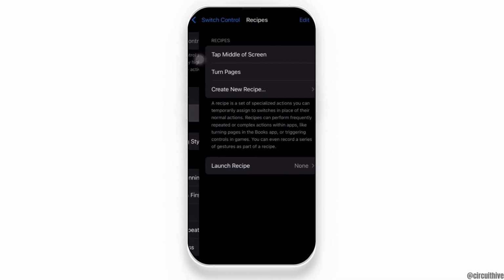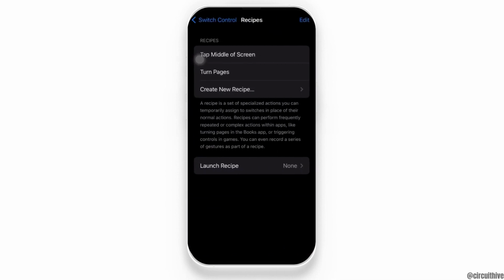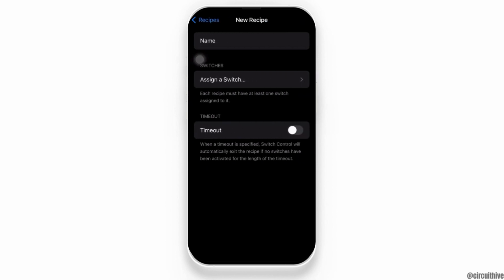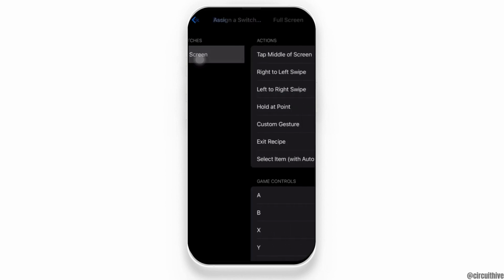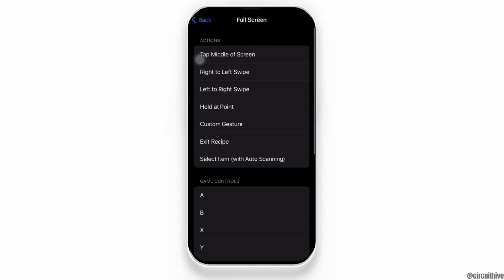Here click on recipes and then click on create new recipe option that you can see on the screen. After you click there, click on assign a switch and here click on full screen option. After this, click on custom gesture option, that is the fifth option that you can see under actions,